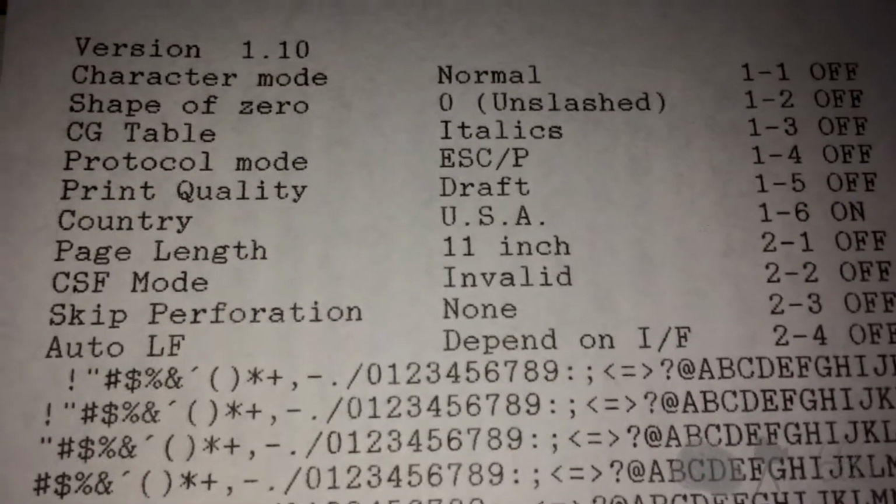Till then, I do see something I don't like. It says invalid under CSF mode. I have to check that out. But